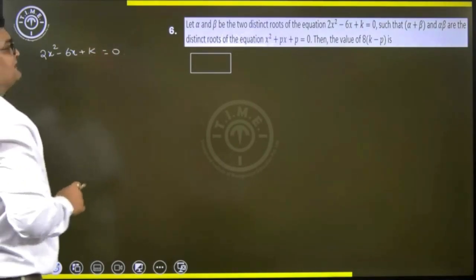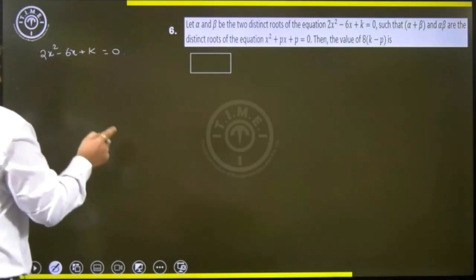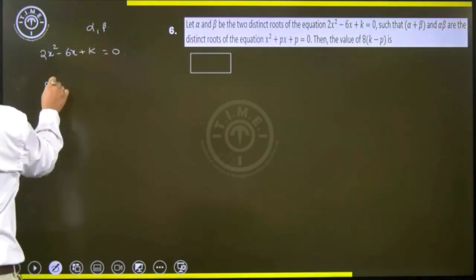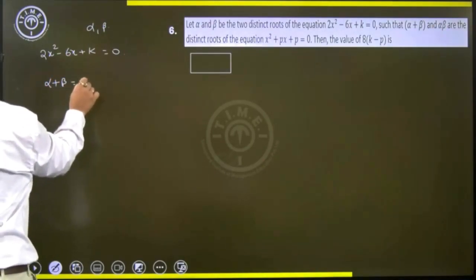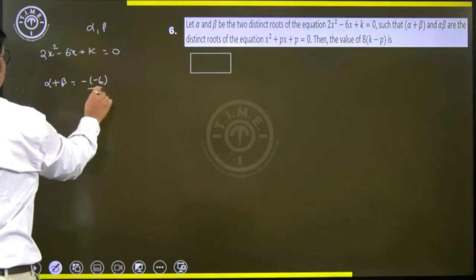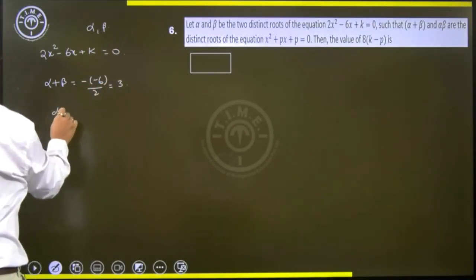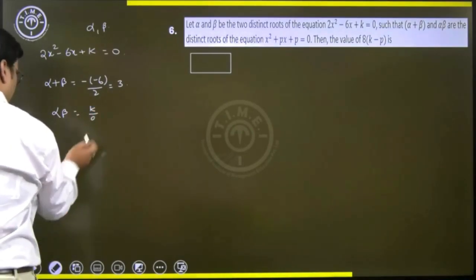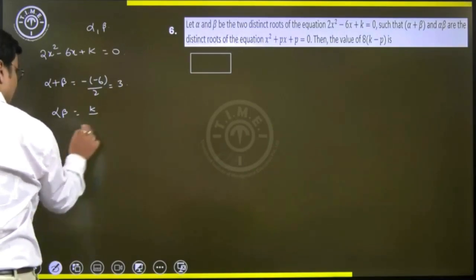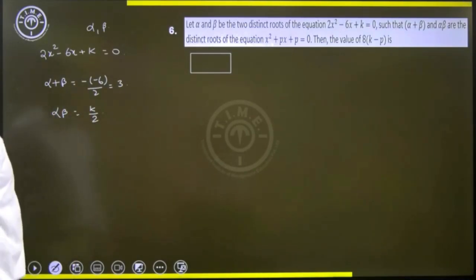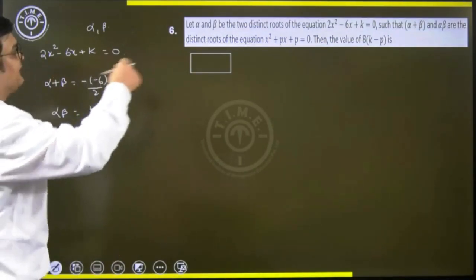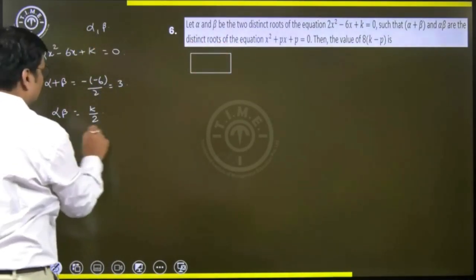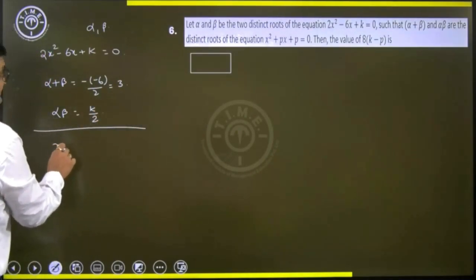This is the given quadratic. Alpha and beta are two distinct roots. So that would directly mean what? Alpha plus beta, sum of the roots, will be minus b by a, which happens to be 3, and product of roots will be c by a, which is k by 2. We'll get this directly. And later on he says, if alpha plus beta and alpha beta are distinct roots of this, so the second equation that we have is,